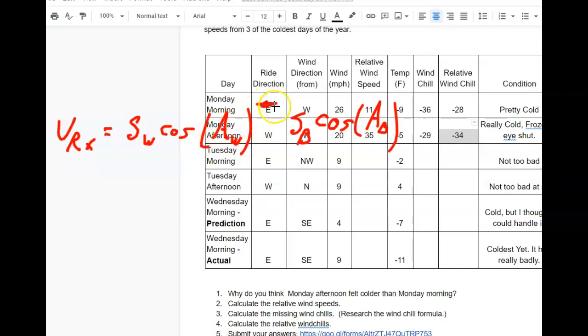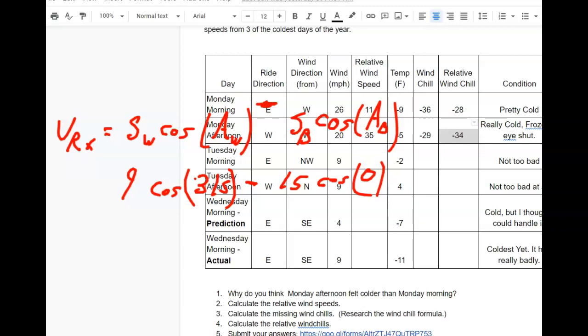So we can put those in there. In this case, the speed of the wind Tuesday morning is 9. The angle of the wind, we said, was 315 because it's coming from the northwest. And then we're going to subtract the speed of the bike, which is 15 miles per hour, times cosine of my angle, which here was 0 because I'm going to the east. So when we do that math,